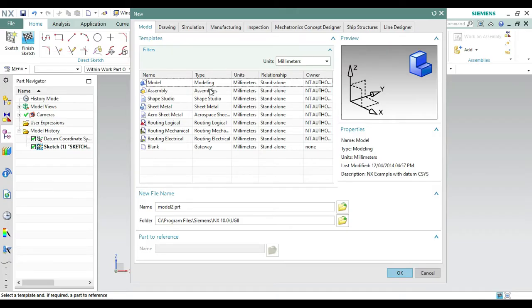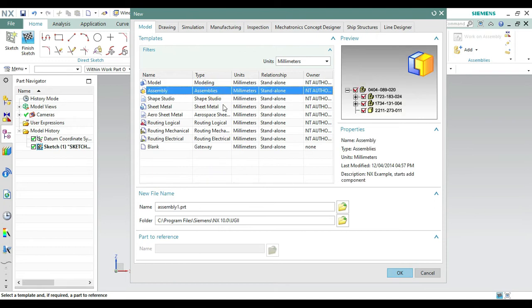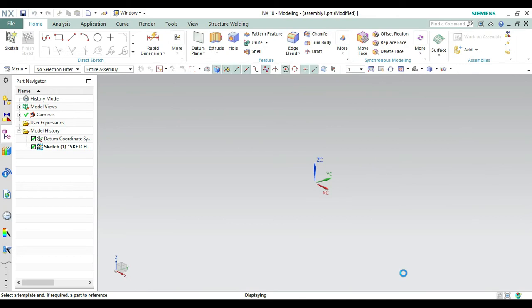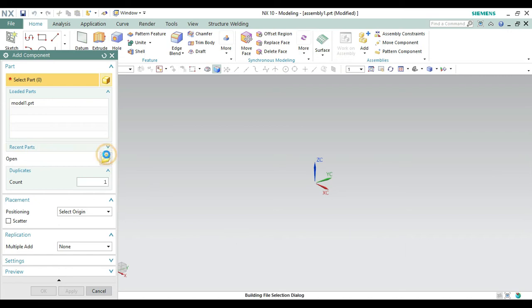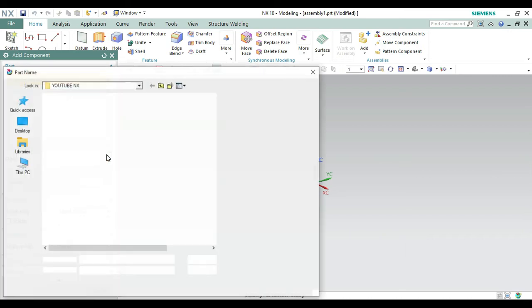Next video, that is the assembly of all the chess parts. So from here, now I'm choosing the new profile, we have to select this assemblies and make it okay from here. Again, in this we don't need to select any face or something else, we need to only add the components which we require. So from here, where you saved the files, go and take the files.